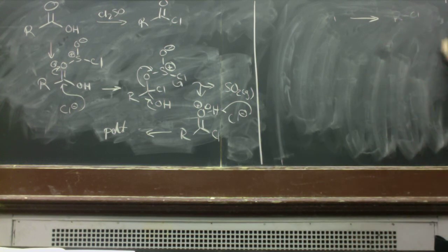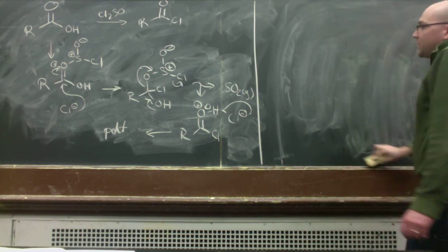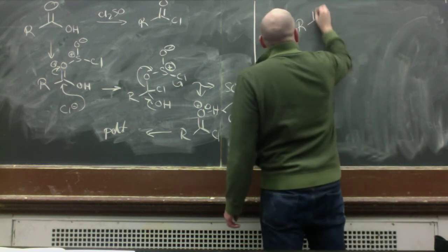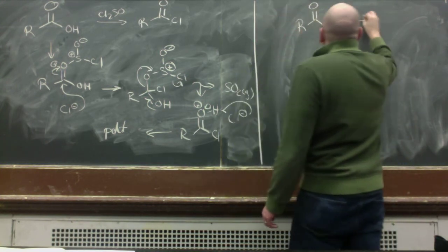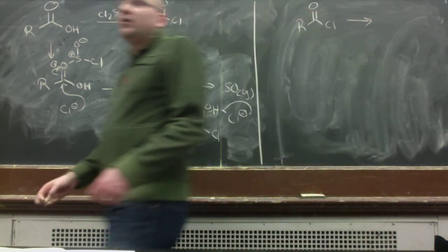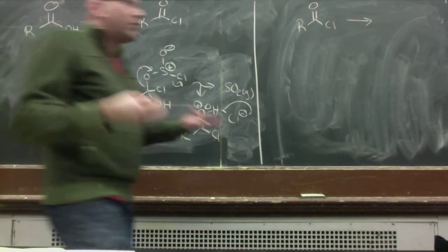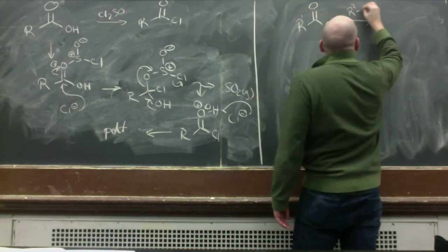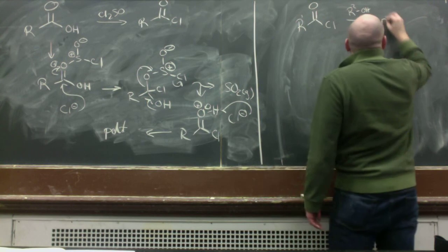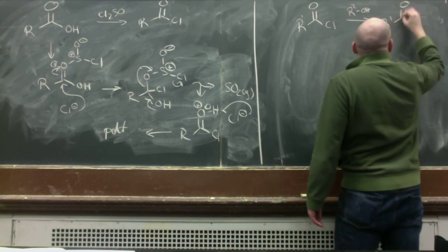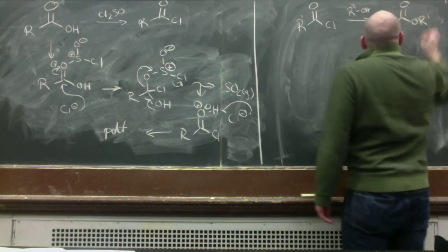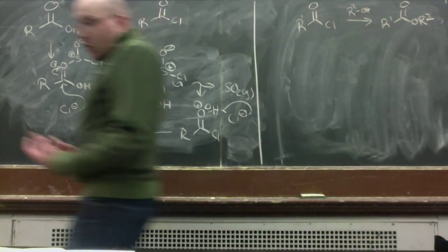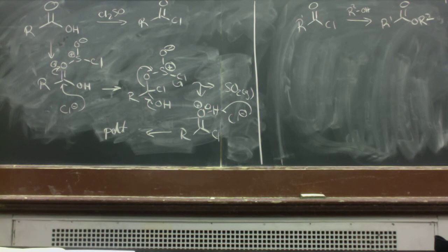There's lots of nucleophiles that we'll see that we can treat them with to make lots of new bonds. So certainly if you take an acid chloride and you treat it with, say, for example, an alcohol, ROH, methanol, I'll just say ROH. This is R1, this is R2, OH. Right, what will happen is we will get to an ester. Okay. In the same way, if we take these molecules and treat them with, say, for example, amines, right,